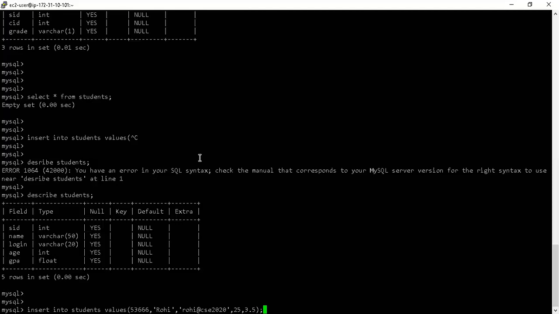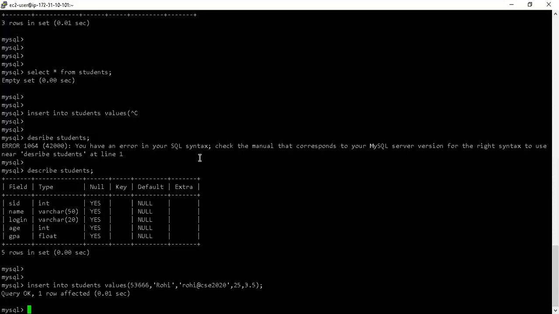The moment I do this, the data is there in the table. Please note, the moment I fire this command, the data is there in the background. In the background there is some file, on some disk, and that file now has this data.